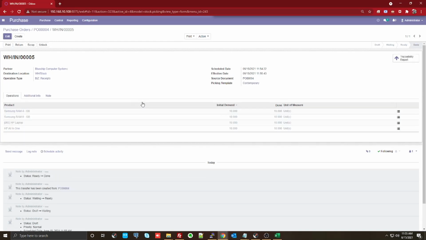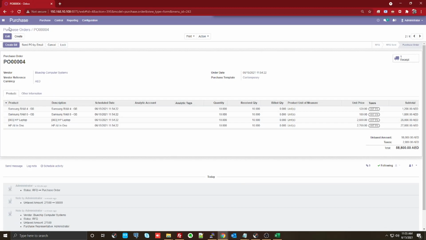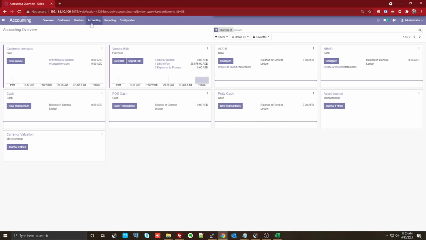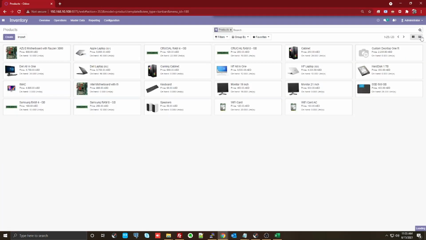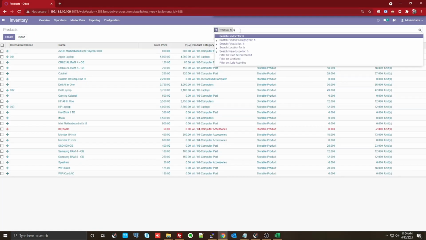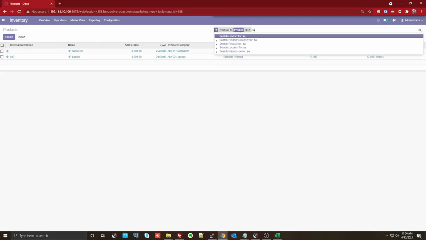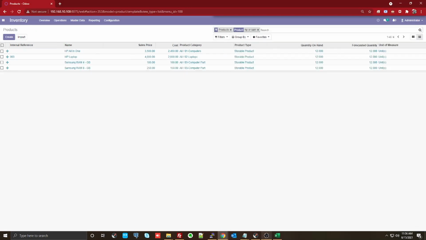So when I validated, what you could see here is the stock would have automatically increased. So let's go back and look into the stocks part of it. When you go to the inventory, and I'm sorry, not accounting, inventory, and if you look at the master data, and let's look at HP and Samsung, you can see that the products have increased here.